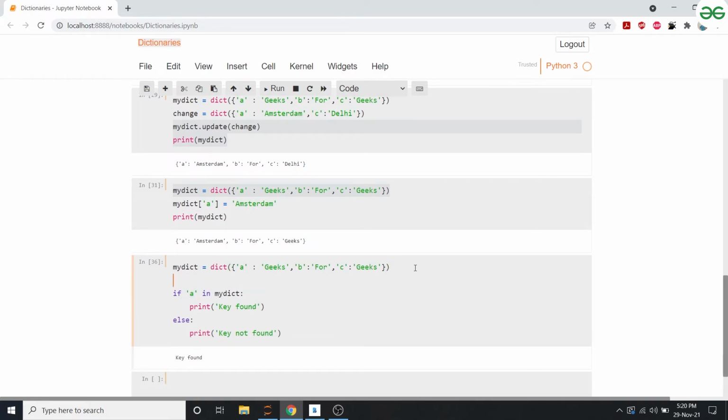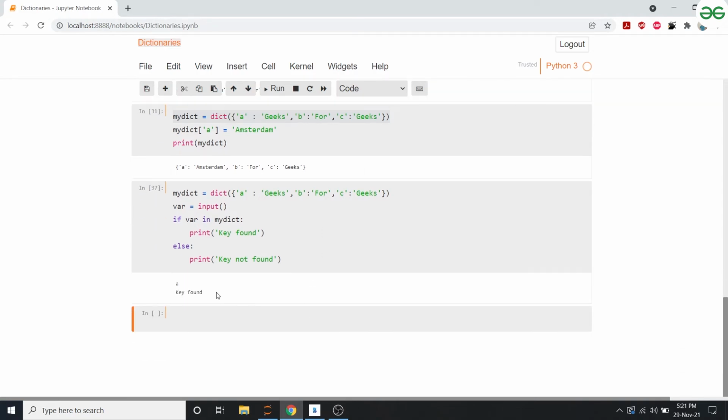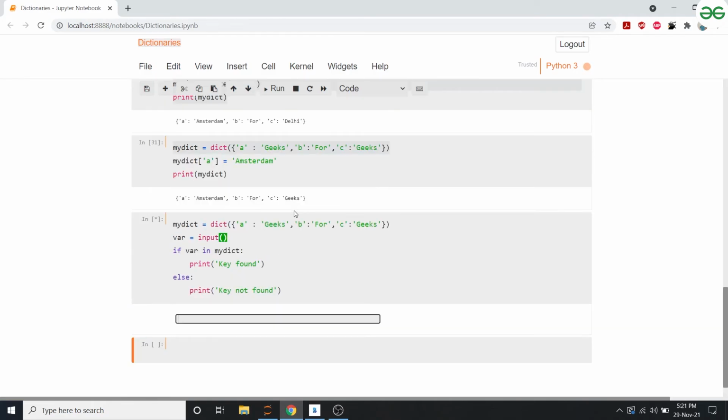We can also create it in a manner that the variable is an input, so it takes an input from the user. So now I will take an input. If I type in A and press enter, it says key found. Yes, the key is present in the given dictionary. If I type in Z, sorry, key not found. Okay, so in and not in, understood?